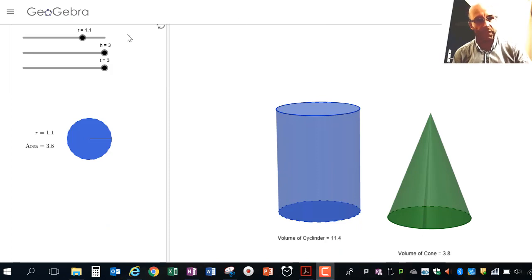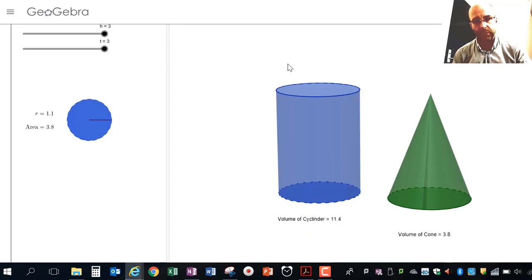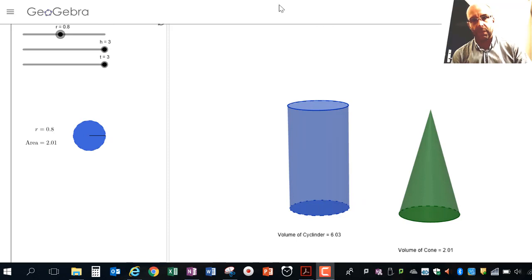So hopefully you can see on the slider bars where the cursor is, we've got r the radius. So this will control the radius, the first slider. The second one where the cursor is will control the height of both shapes. And t just means I can slide one along, it's translate. That doesn't change the volume, as you'll see in just a moment. So at the moment I've got those settings 0.8 and 3 I should say, and